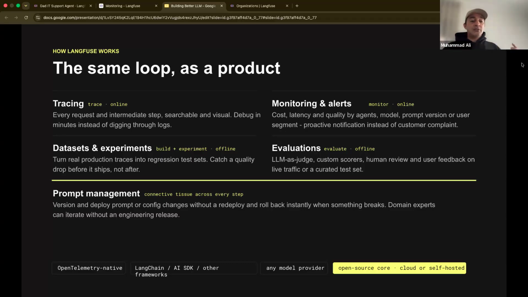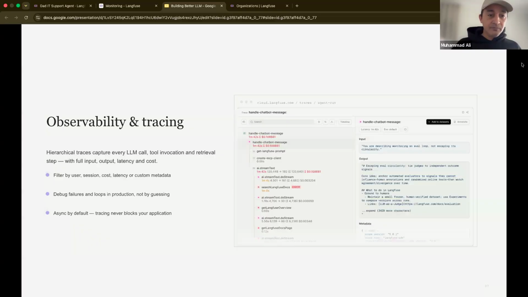All you do is change the prompt, run experiments either online or side by side in the UI, and see if the quality improves. You can change the label of the prompt to something like production, and then your application, without having to go through the deployment process again, can just pull the latest prompt.